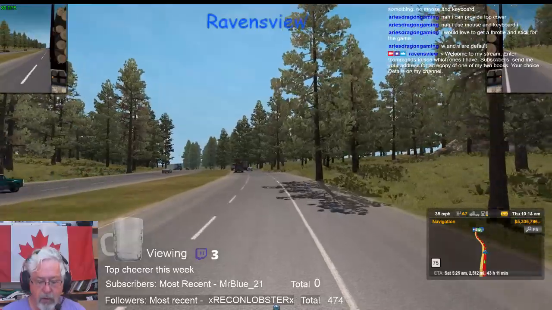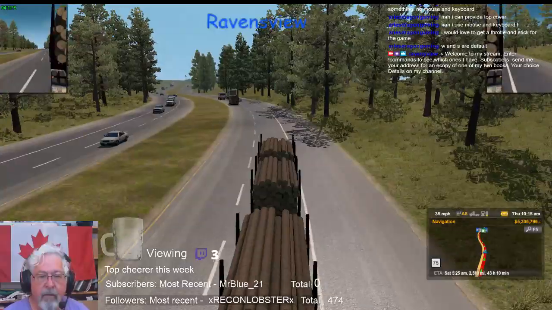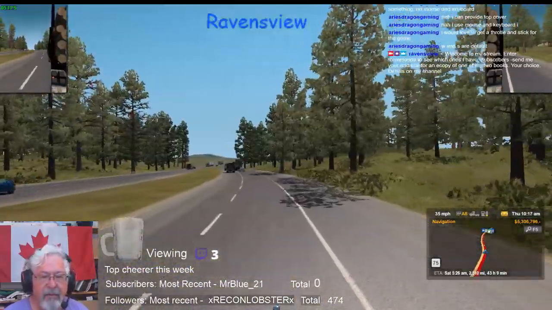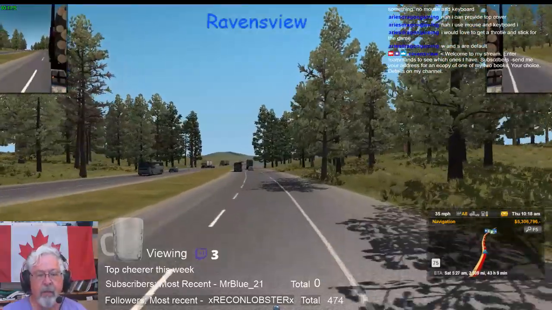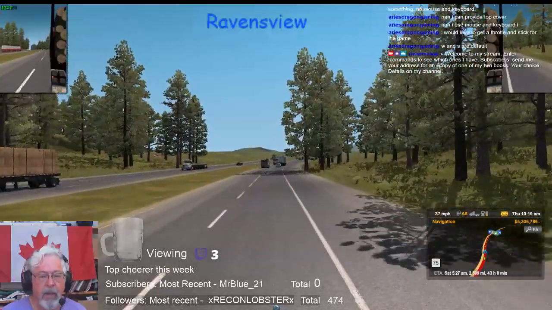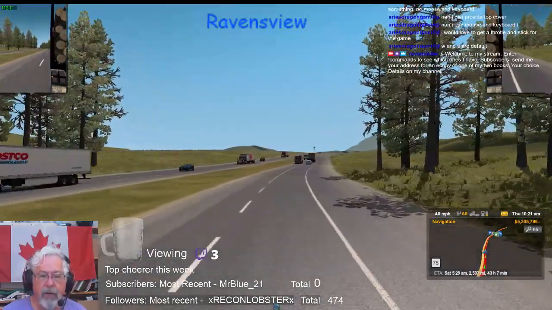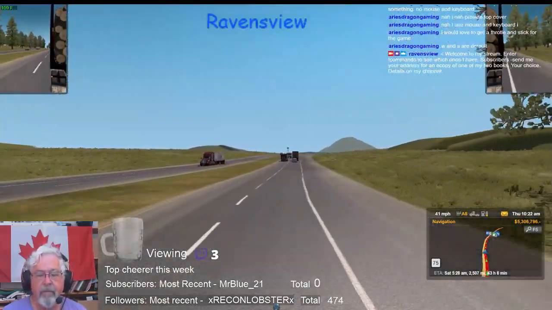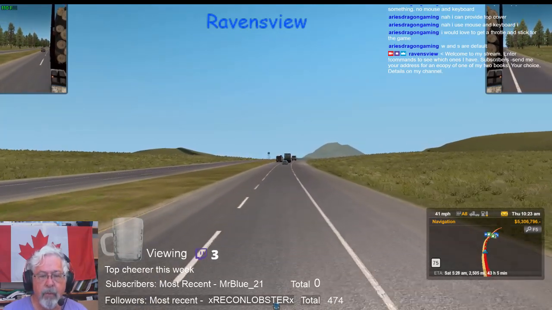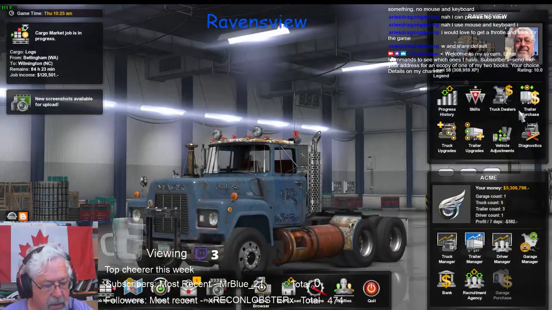Come on, anytime you want to downshift. Because we're going up a bit of a hill. I really like this truck. I should look to see if my Freightliner, my FLB from Harvin, has a rusty skin. I believe the rusty skin is, let me just check my,